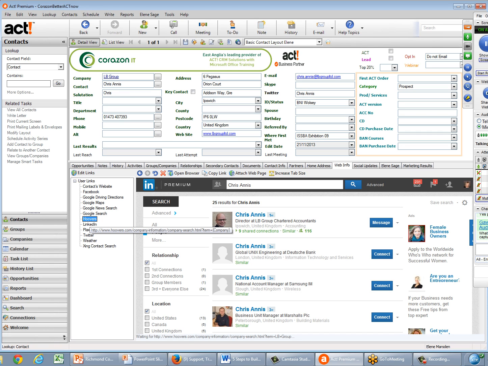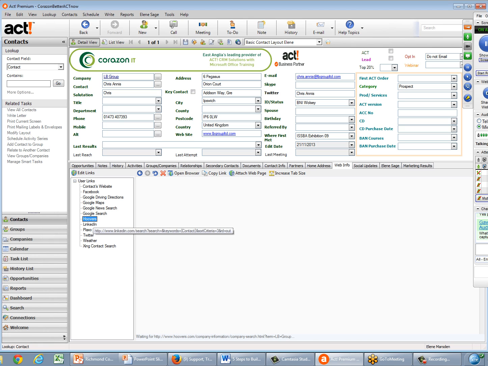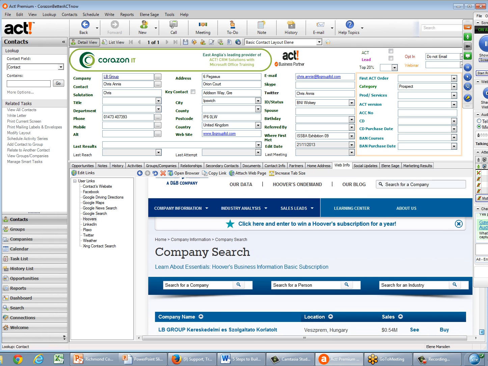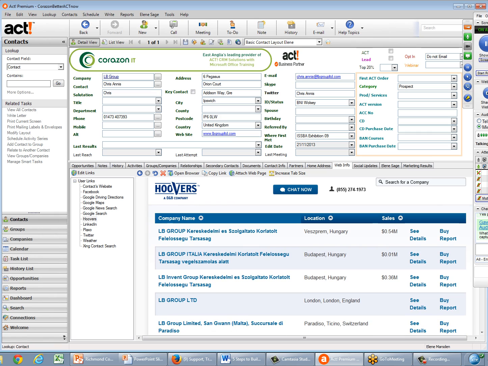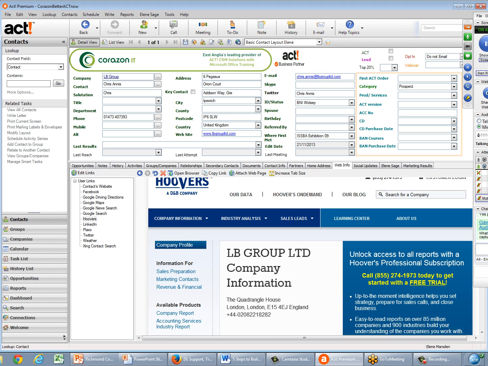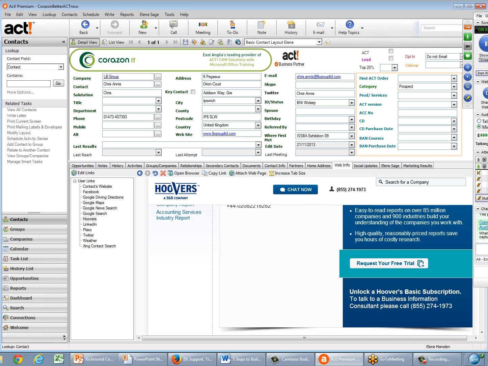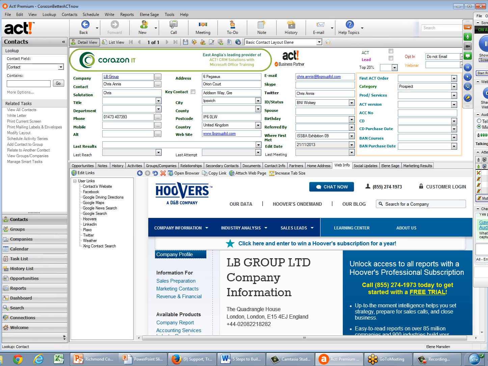So Hoovers, that was the one that I experimented with the other day, and what that one does is it actually pulls out the company information. Let's just see. There we are. Pulls out the company information and displays the results. There we go. That's him. See details. Let's just see. I'm not sure what this is going to pull up. Okay, there we go. Okay, so obviously this is live and I hadn't planned to show you this, but